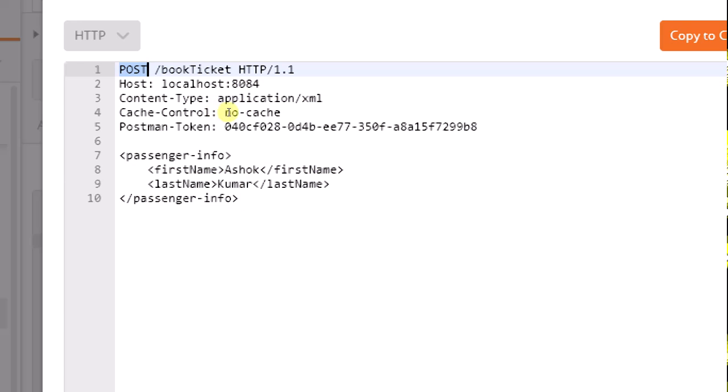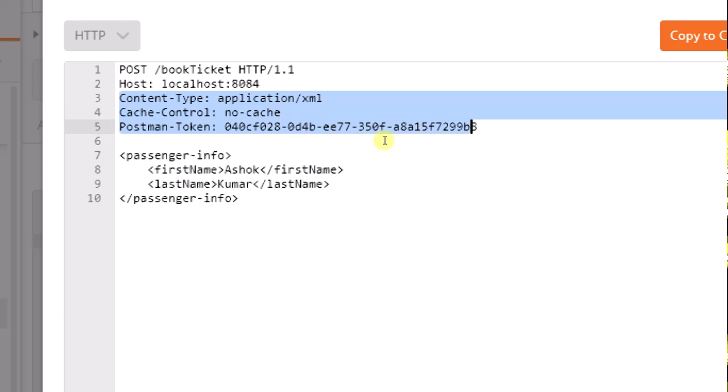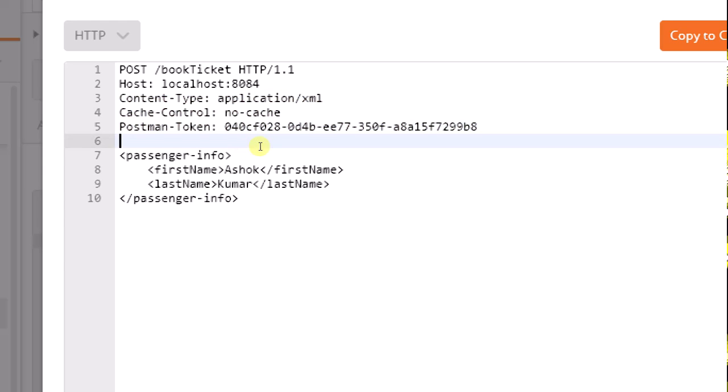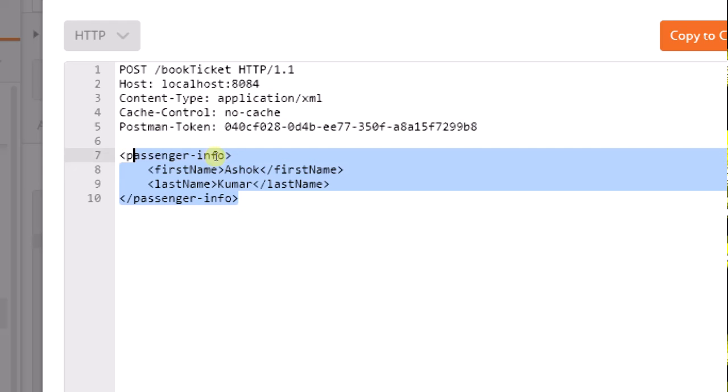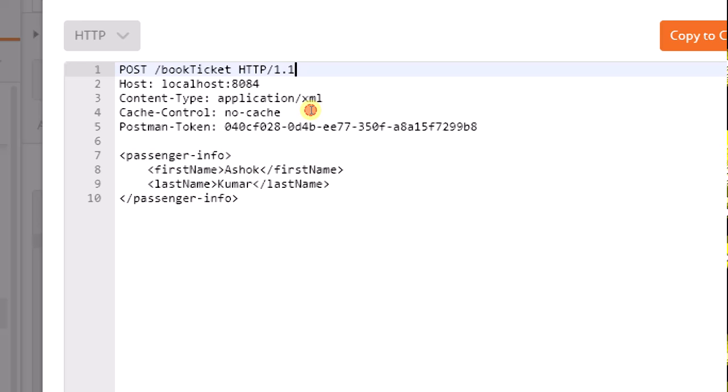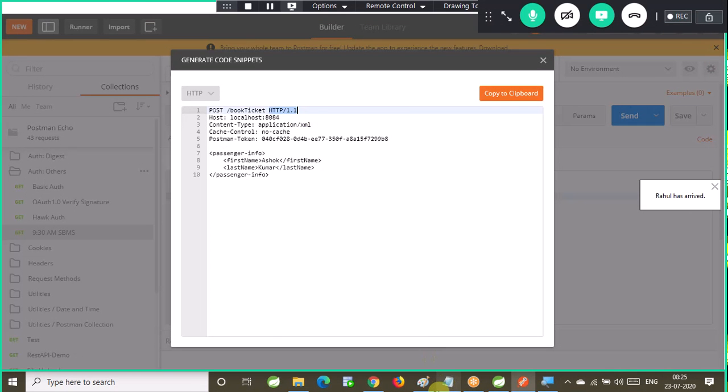POST /book ticket HTTP/1.1, host localhost:8084, content type, cache control, postman token, then one blank line is available, then my XML data is available. So this is the initial request line, which contains the HTTP method, URI, and protocol version. That is what I mentioned in my paint file.